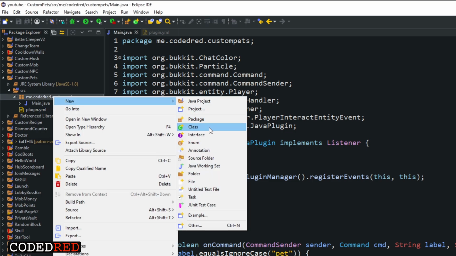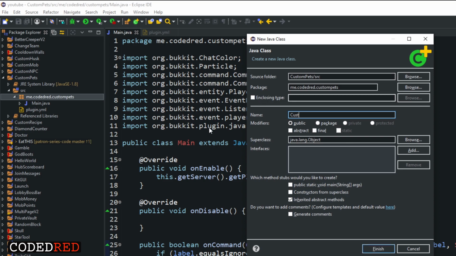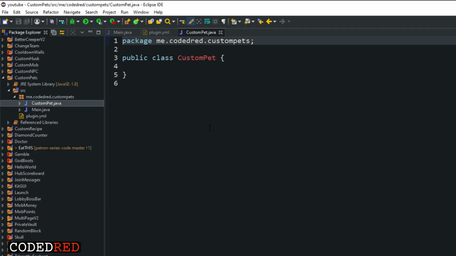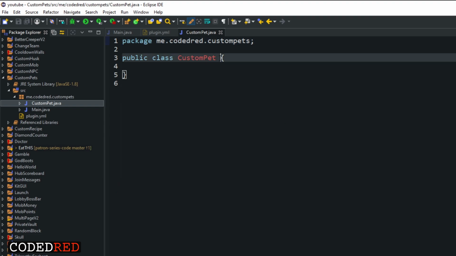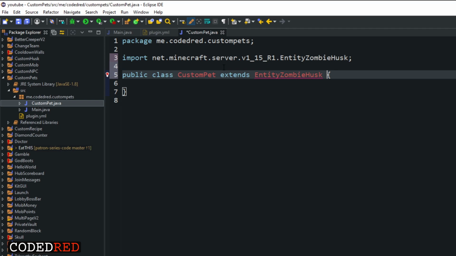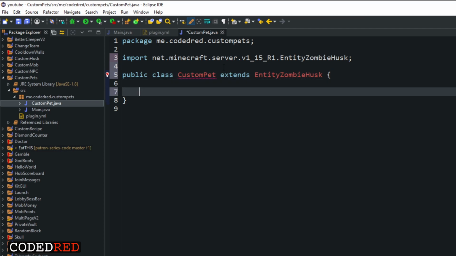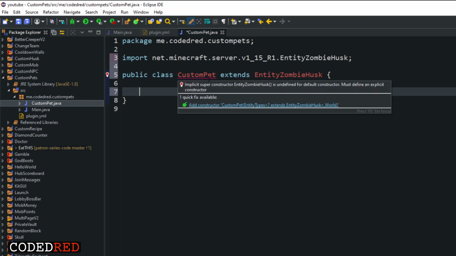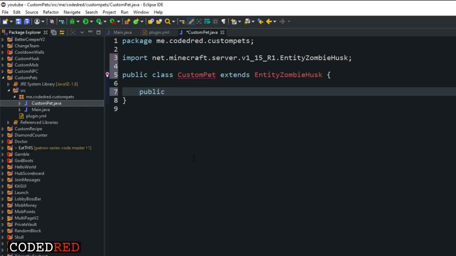Let's go ahead and start the actual code of our custom pet plugin. First, the custom pet class, sorry. So I'm going to call this CustomPet. And we stuck with the same theme as last episode, the EntityZombieHusk. So that's what I'm going to extend. Extends EntityZombieHusk. And then you're going to see a little red line. We need to put in a constructor. Now you guys should be familiar with this after the last 2 episodes went over it. Put in our constructor of CustomPet and then pass in that Location loc, and then we're actually going to